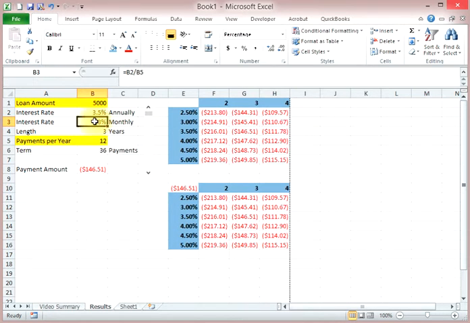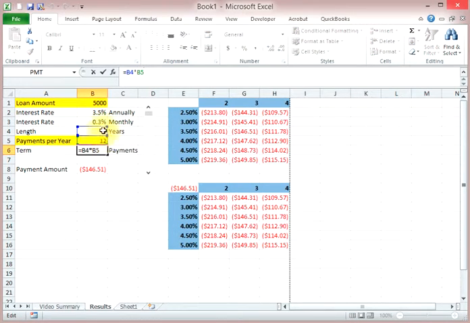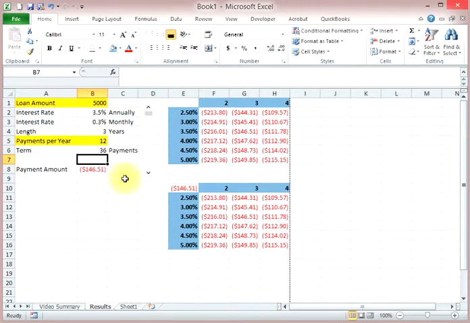So down here I take the annual interest rate and divide it by 12 to get the monthly interest rate amount. Then I have the length of the loan. My bank is offering me a 3-year loan with 12 payments per year, so that the term of the loan is the length of the loan, 3 years times 12 payments per year, and so that gives me the total number of payments. And my monthly payment would be